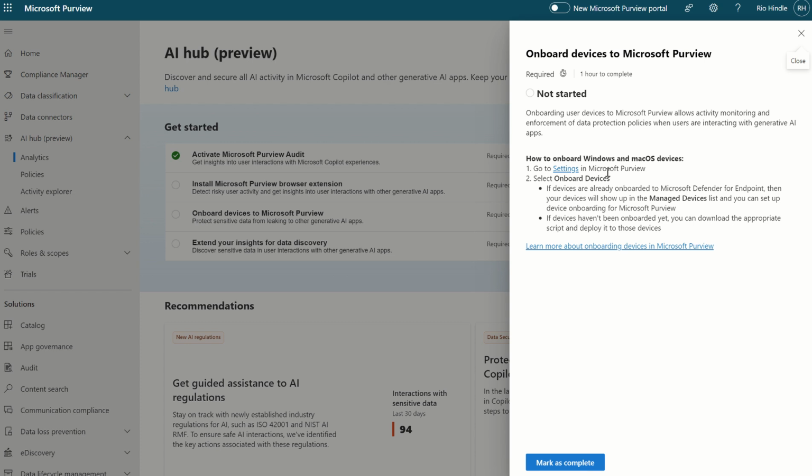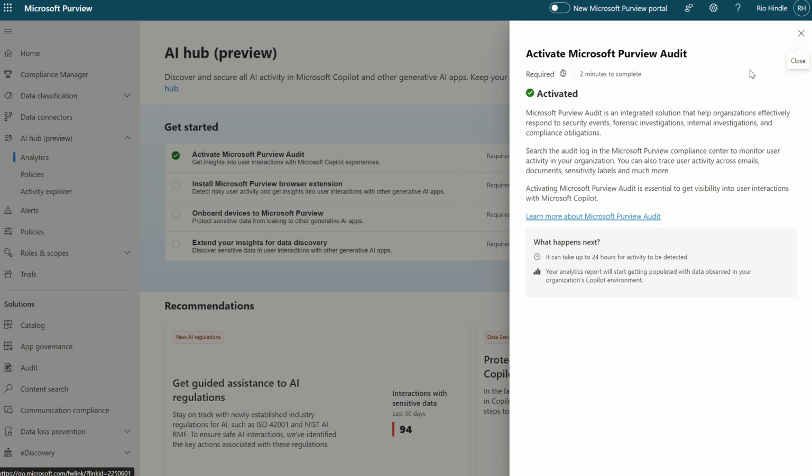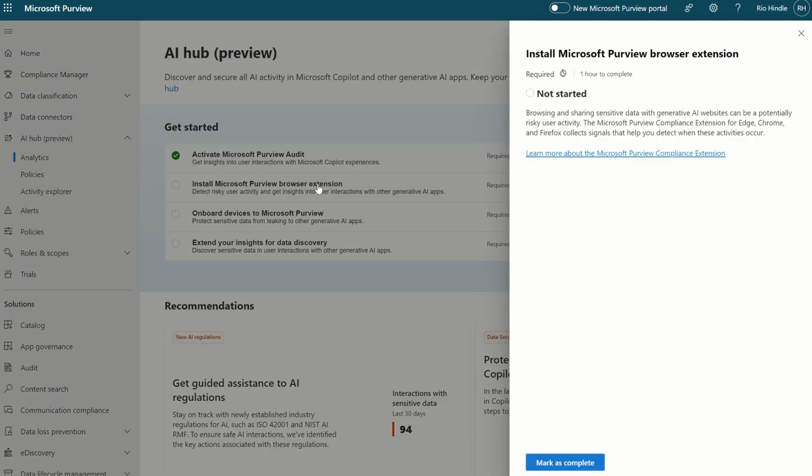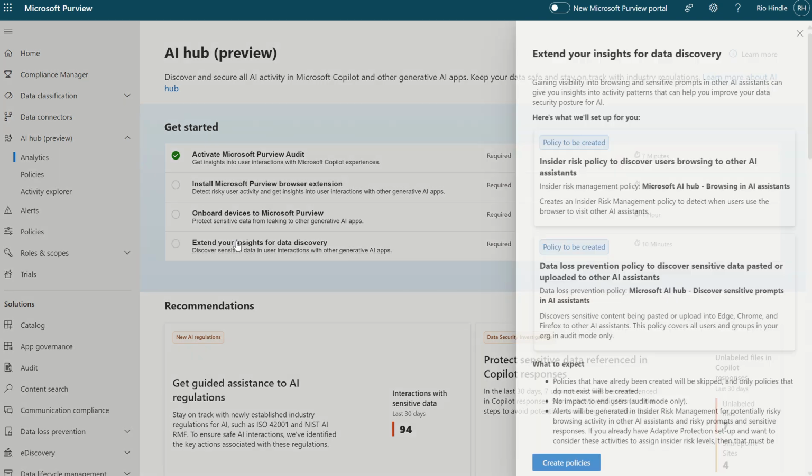Of course, if you've already onboarded your devices via Defender for Endpoint, the job's pretty much already done for you, and all you really need to do is select Mark as complete here, and you'll see a lovely green tick on the left-hand side. For each of these tasks as well, as you see, there are hyperlinks to complete actions. So don't think you're left to your own devices to figure out how to implement this or push this out. You can click on the relevant Microsoft doc and it will take you through the steps to resolution. And then of course we can extend our